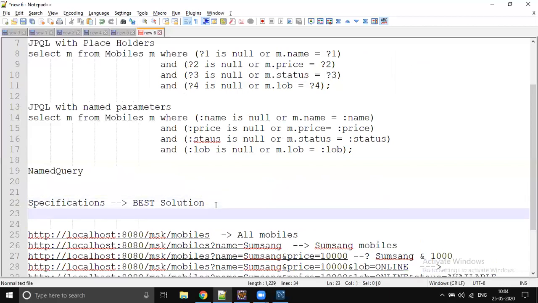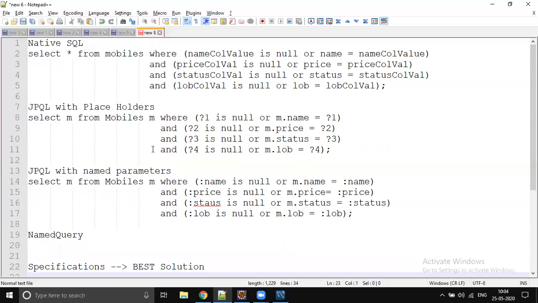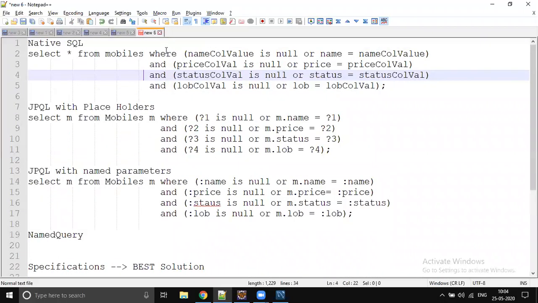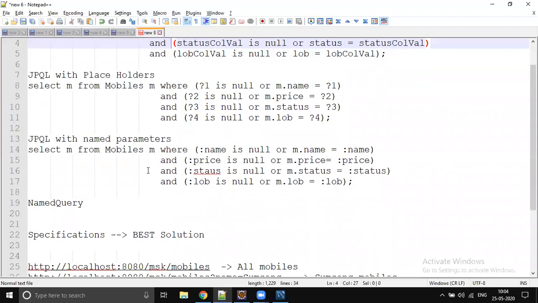So specification is a perfect solution and the best solution, but the problem is industry still doesn't use this. They feel comfortable using native SQL, writing some SQL queries, that's why they follow this. But there is a huge problem behind this. For example, some data might be null, then you get some result delay. So while preparing the query itself, you should prepare with the parameters.